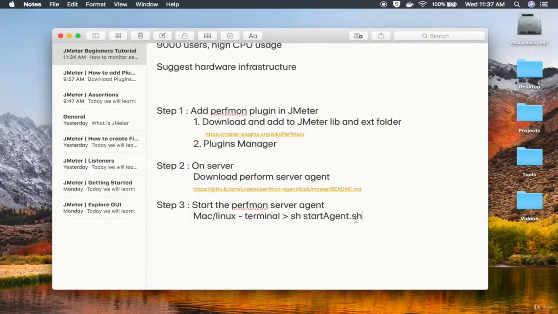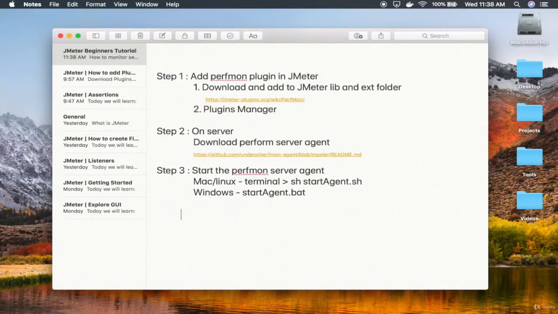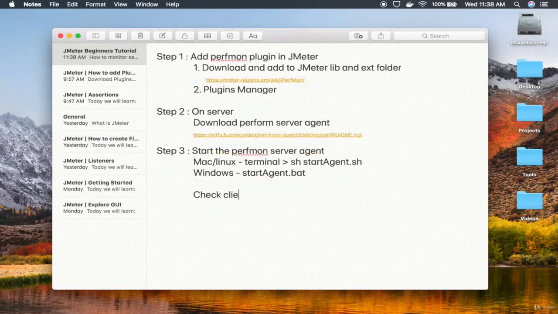So let me also write down: on Windows, you just double click on start agent.bat. You can also use start agent.sh, which should work on Windows also. And I should also say check client can talk to server via port 4444, and you can just run those commands to check if you are able to connect properly.